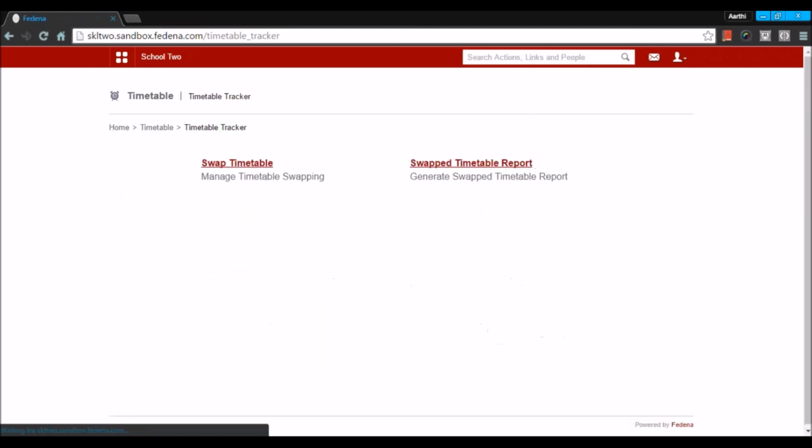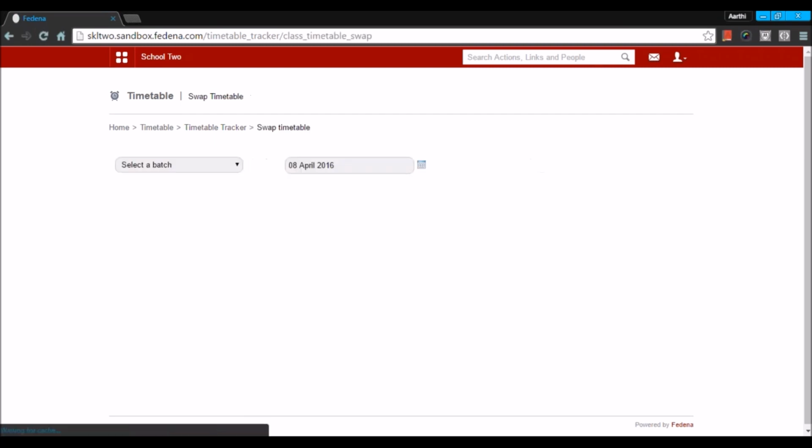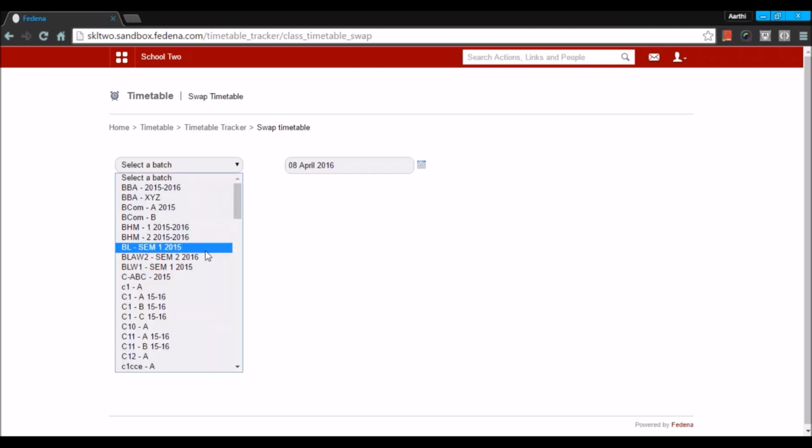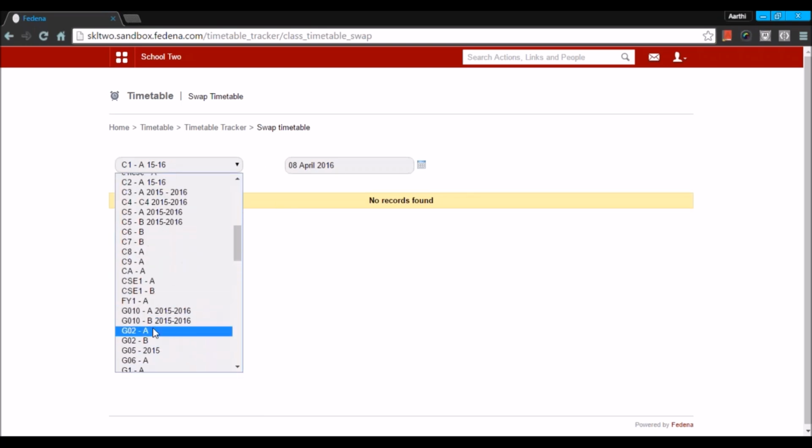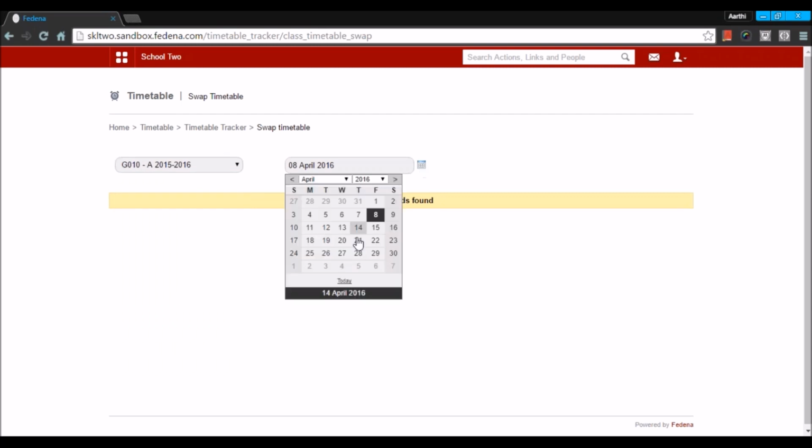The next thing is the timetable tracker. Under timetable tracker, we have an option of swapping the timetable. Let's say an employee is on leave, on an emergency, so you want to assign a different employee for the same period or for a different subject. So we have the option, and it allows you to swap timetable. I can go for swap timetable. I can select a batch, I can select a date, and let's say